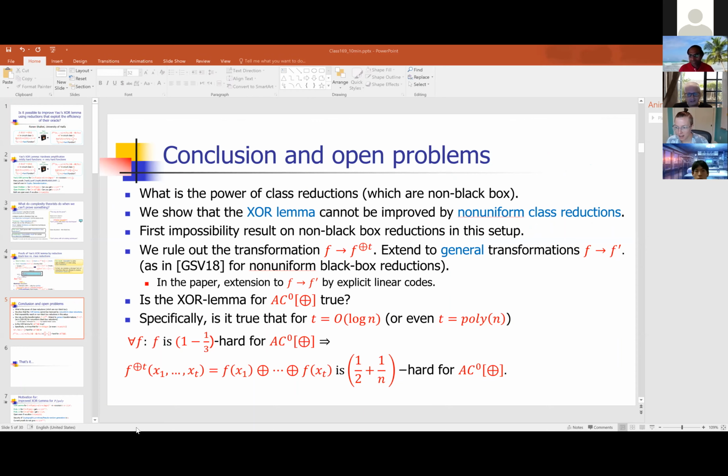So Shuichi Hirahara asks, can you extend your results to the case of errorless average case settings? I haven't thought about it, and so I'm answering without seriously thinking about it, but related impossibility results can be extended to errorless reductions. So I'm guessing that maybe the answer is yes, but I'll have to think about it and check.